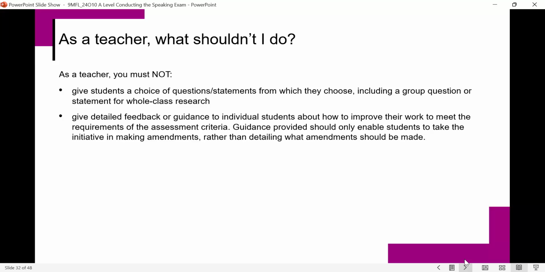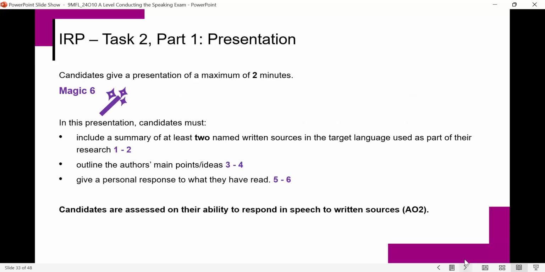Okay. Now, I want to just tell you really about the presentation. There's a little bit of numbering and a magic wand that I've added into this slide. So this is somewhere where, even if you're sort of starting to tire now of listening to me, please listen very carefully to this bit, because this is an area where I can tell you as an examiner over a number of years, lots of students lose lots of marks unnecessarily. And it's in the